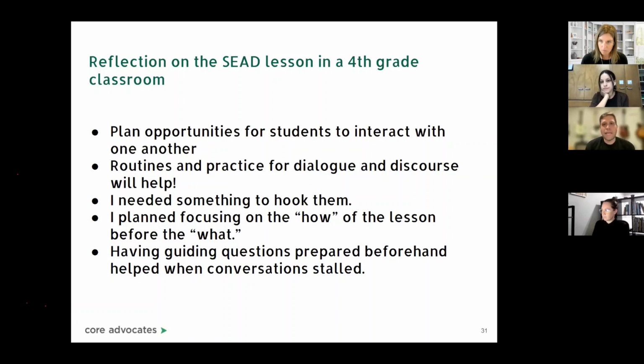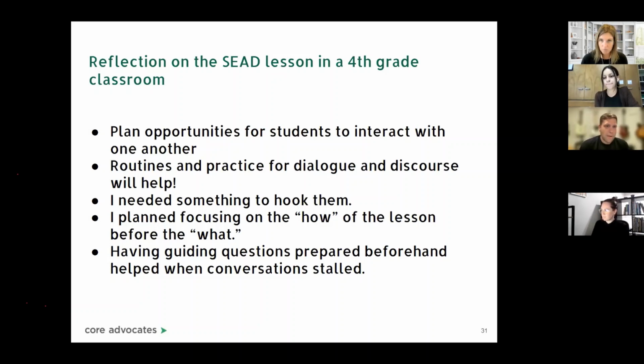Another thing I realized is I needed something to hook students and pique their interest. The 3-act math task was a great thing for that because they generally are very curious. But if we're trying to think about those SEAD themes, we want our students to have agency. It cannot be, hey guys, we're going to do 20 problems out of our book and we're going to see how many we get right. Nobody's getting excited about that. There's no genuine curiosity about that. So I think if I'm going to try to build my students' agency, I want them to be excited about what they're doing so that they're actually going to try to persevere and problem solve.